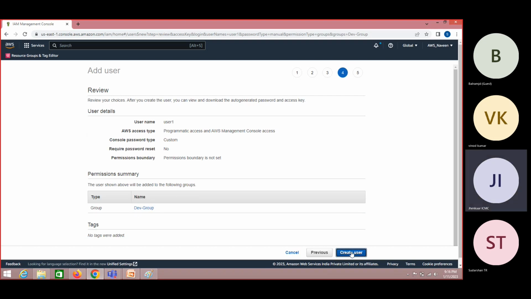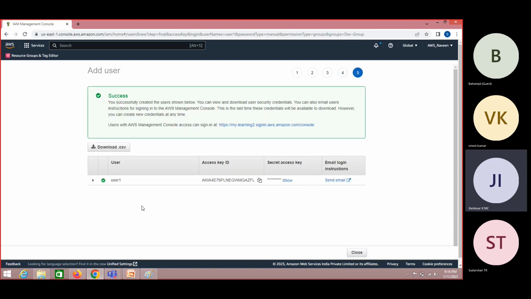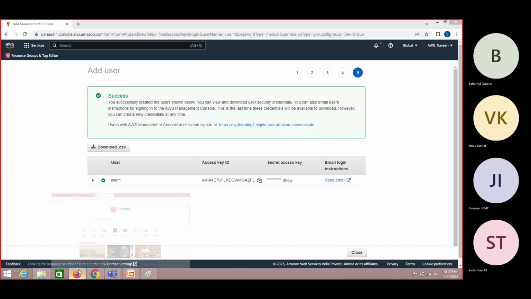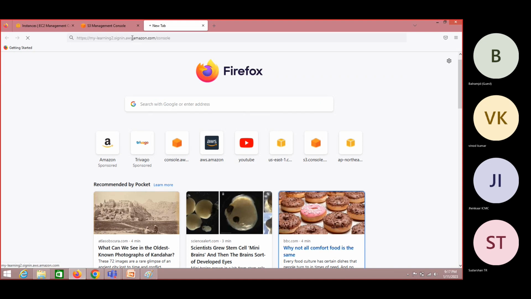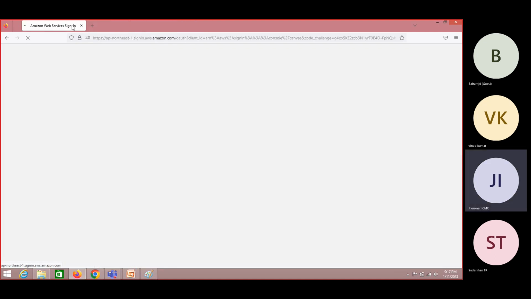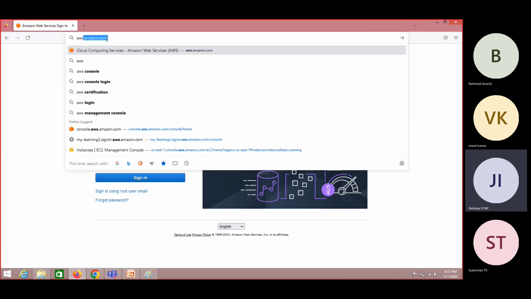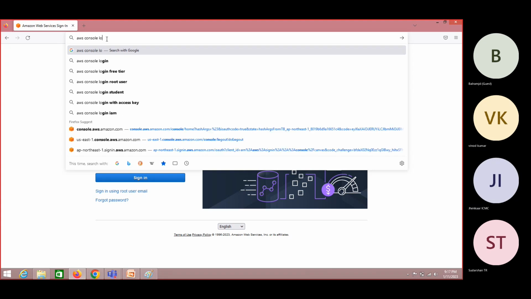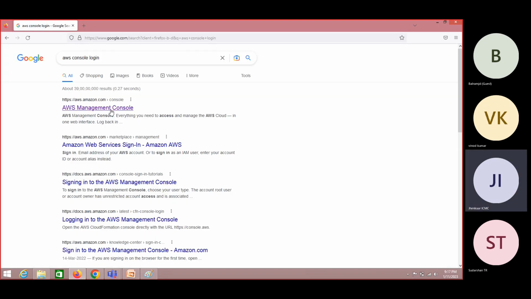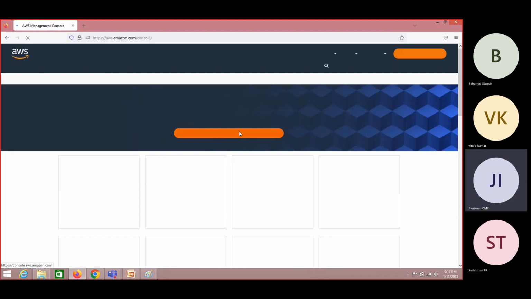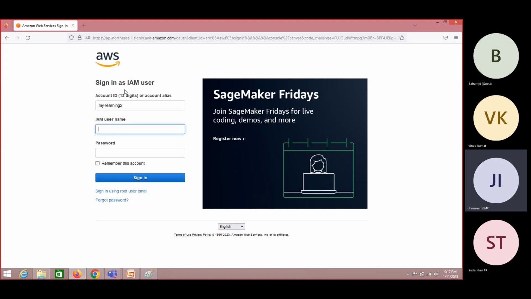So now after we create this user, right? We have not added the password change policy, hence it will not ask me to create one, correct? Okay, let me copy this one. See, it is not necessary that I copy the same URL. It is just the AWS console login. Why I was copying this is so I don't have to copy back my account ID. So here, what you can do, you can directly log in. See,